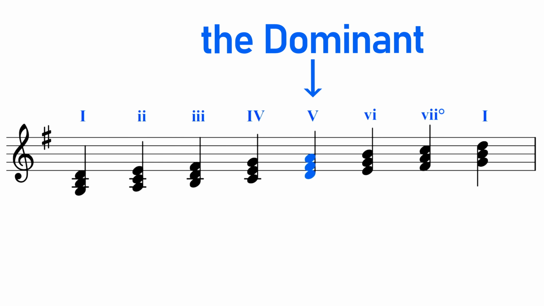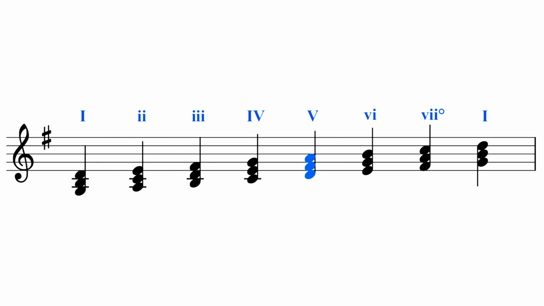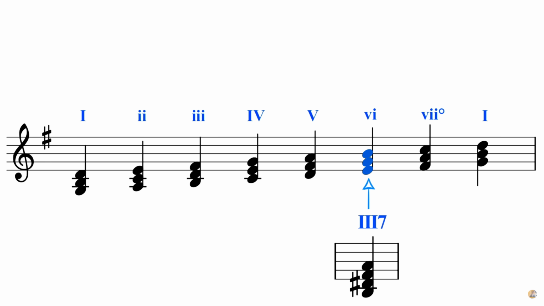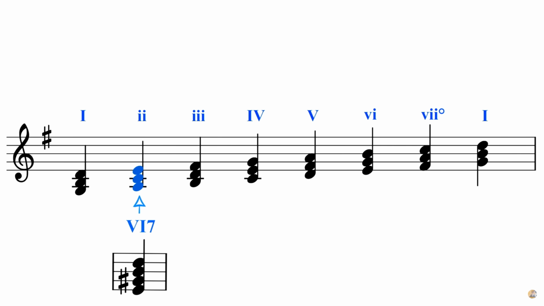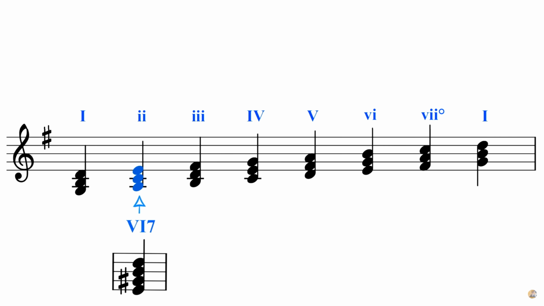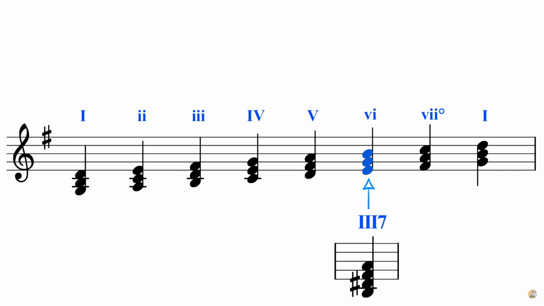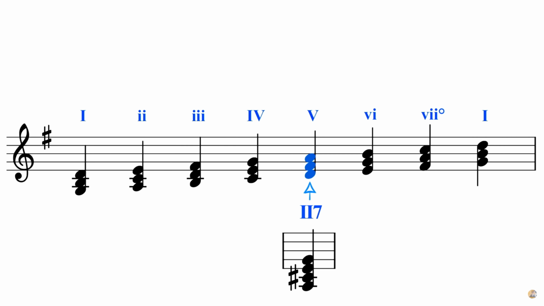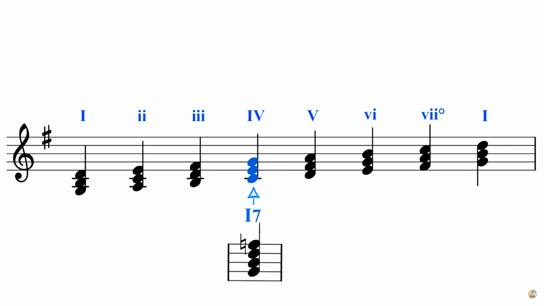But we could have a dominant seventh chord that's a fifth away from one of the other chords in the key. Like we could have a chord resolving us to the sixth chord of the key, which we would call the 5 of 6. Or we could have a chord resolving us to the second chord of the key, which we would call the 5 of 2. So just like how we can tritone sub the fifth chord of the key, the primary dominant, we can also tritone sub the secondary dominants of the key. And because there's basically 5 secondary dominants in each major key, there are effectively 6 possible types of tritone sub